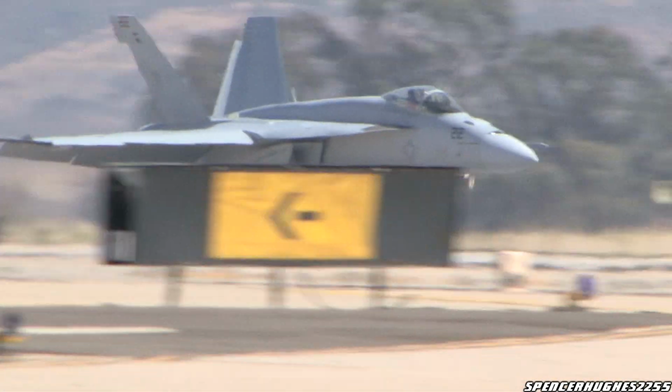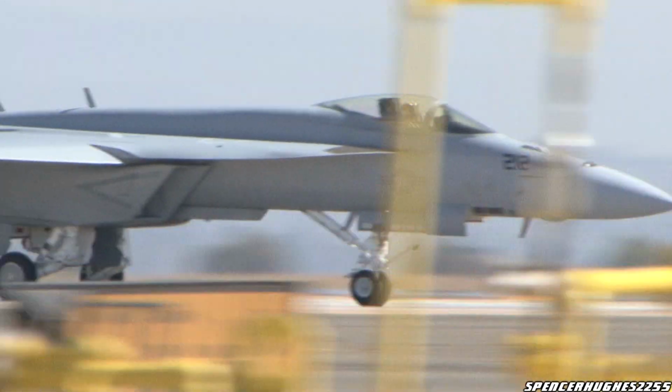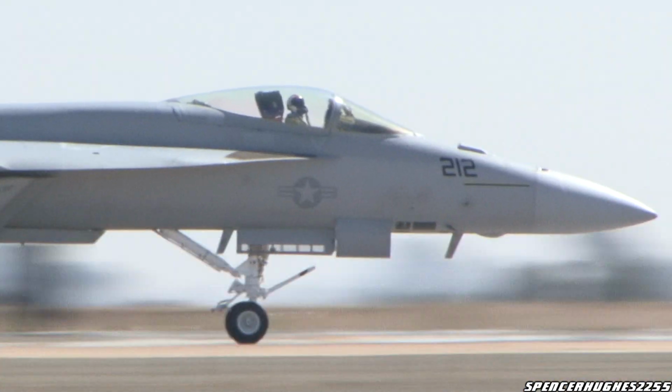So does the whole aft fuselage, Rob, because the hook is what grabs the wire. And you can imagine stopping. What's the weight on one of these? About 40,000 pounds. Yeah, 40,000 pounds, and stopping it in such a short distance. You know that